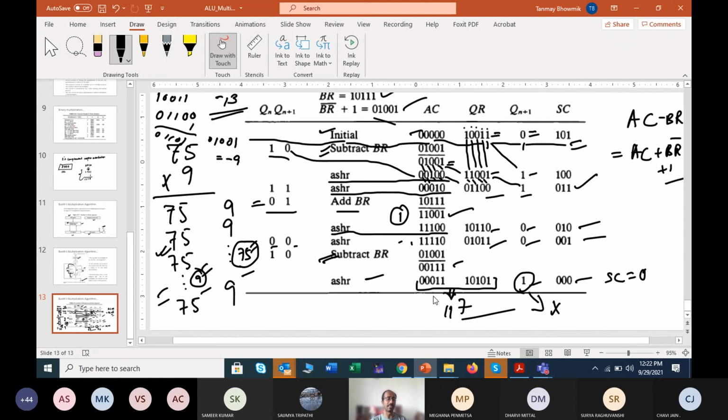You can check this example, whether it is easier to take the 3-bit or the 5-bit. Because if you take 5 bits, then you have to append 2 more 0s to it. So that may be a little bit lengthier, right? In that perspective, I would suggest that 5 and 3 would be better. But normally you have to check what type of problem has been given.